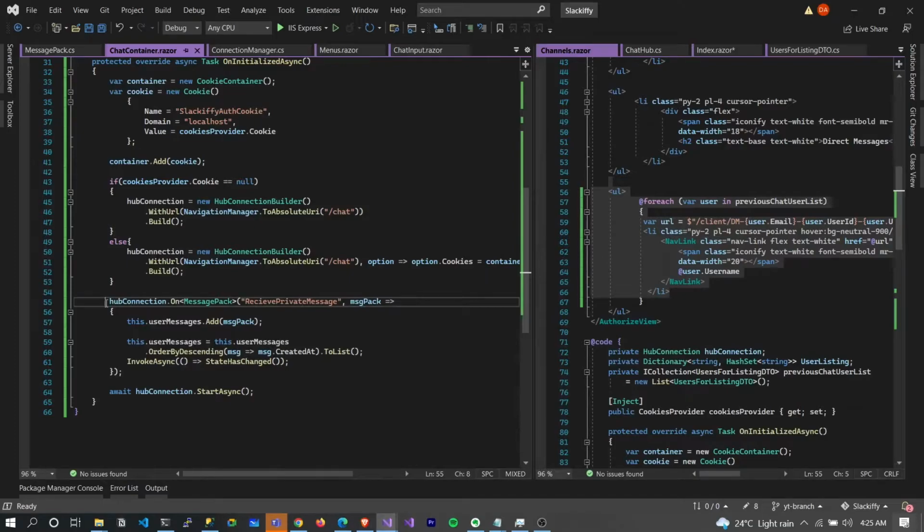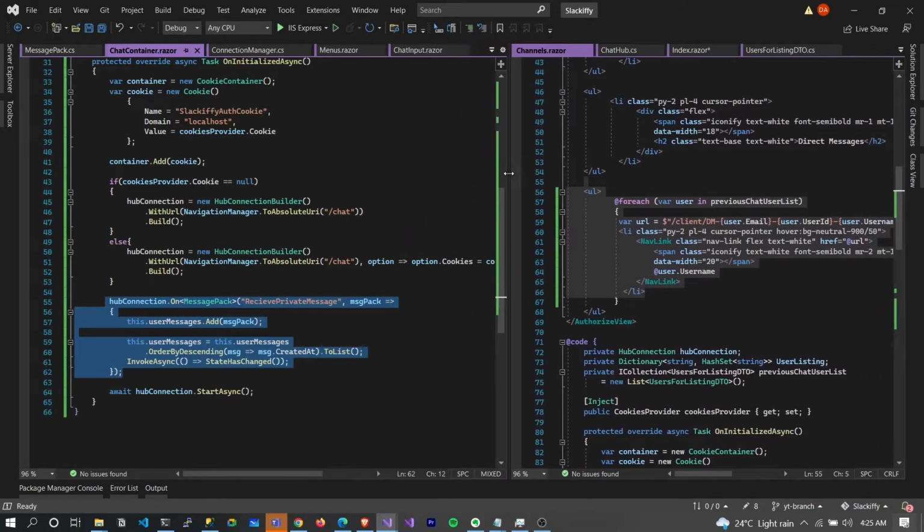All right, so this becomes a client-side method that our hub can call at any time, that our server side can call at any time to send data down, right? And that's what the technology is really about at the core, right? It's for the server to be able to push information down to the client without the client making a request for it. So that's basically how it all works. Okay, so let's populate